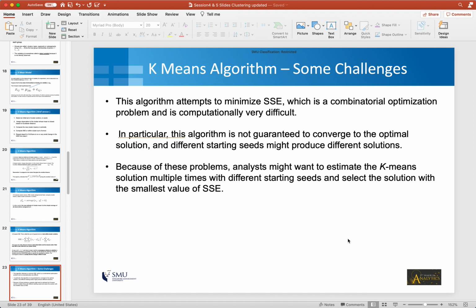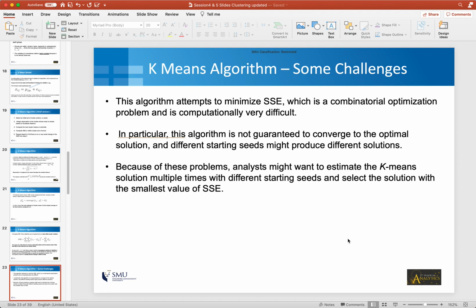So what happens is that a lot of times the algorithm will settle down for a local minima instead of looking for a global minima. And that is the characteristic of the problems that belong to the category of combinatorial optimization problems, and they are known to be computationally very difficult.